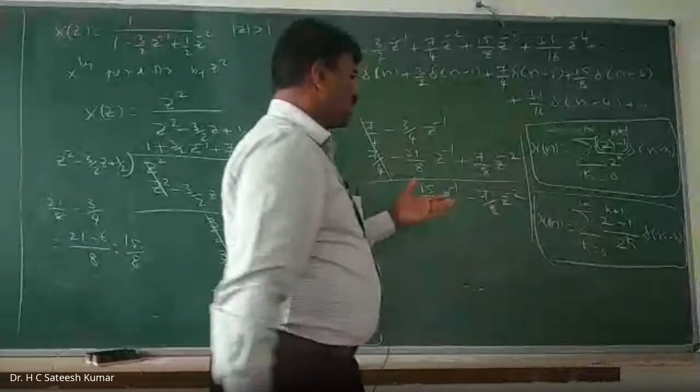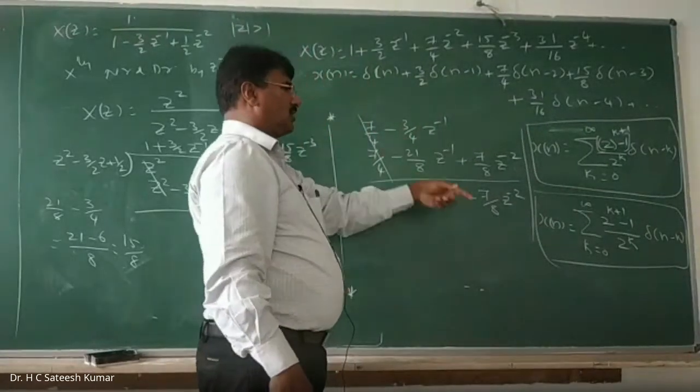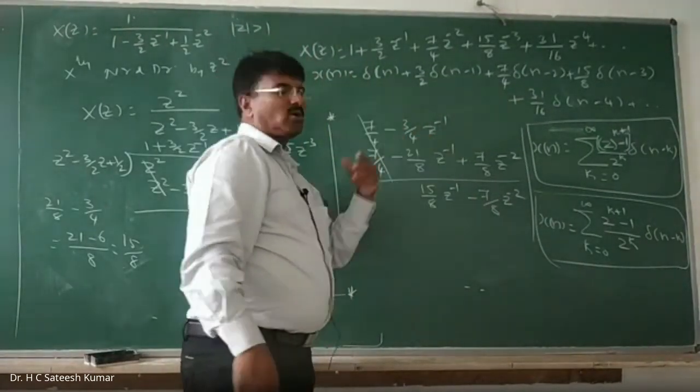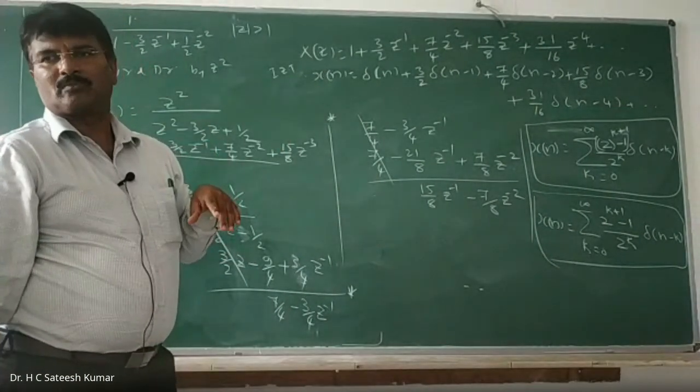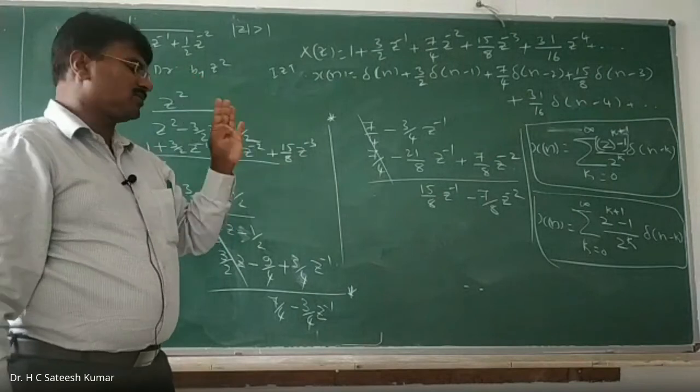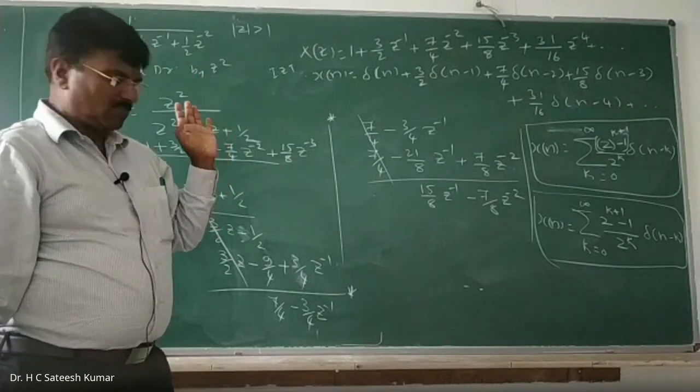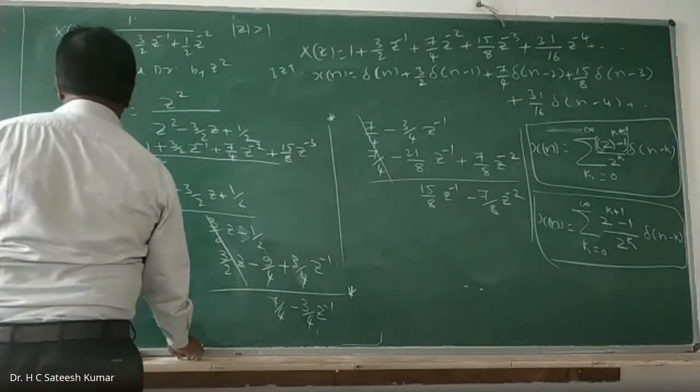Sir, I couldn't do this much. I'll do only this much. If I couldn't do it correctly, you may lose 1 mark, right? But up to that point, it is a must. Generally they'll ask this question for 4 marks, maximum 5 marks, right? So go for the next one.